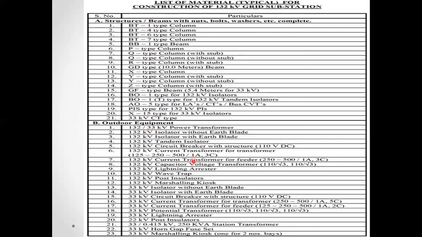Then the outdoor equipment will be power transformer, isolator, and circuit breaker. Then the control room equipment: to control the 132 kilovolt, we need transformer control and relay panel. Then battery set, distribution board.